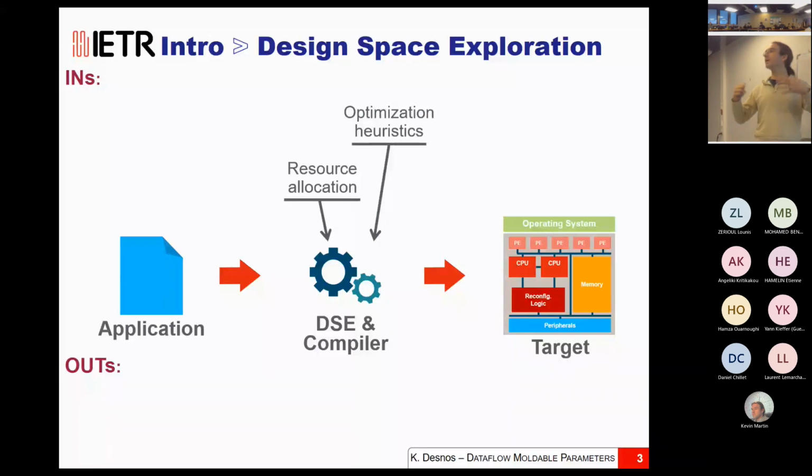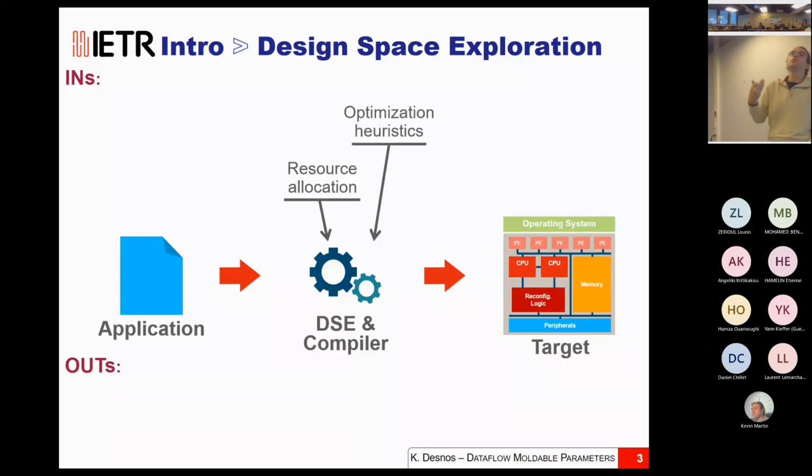And you try to allocate the computing resources. You try to allocate the memory of the computing targets. You try to allocate the time of the computation. And the communication links, the security accelerators, and so on. And so this is the thing that we study the most when we speak about design space exploration: the resource allocation of the targets to execute the application.